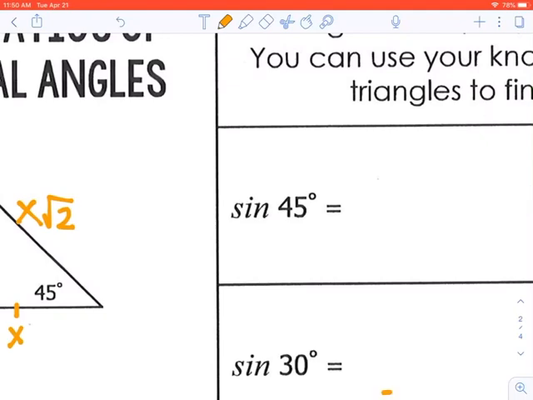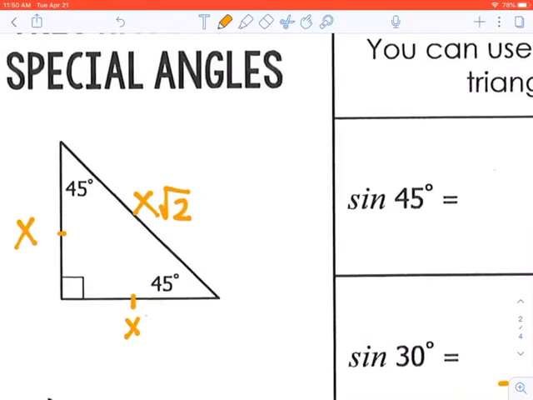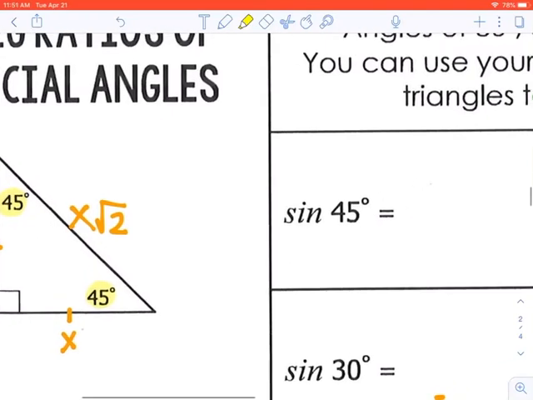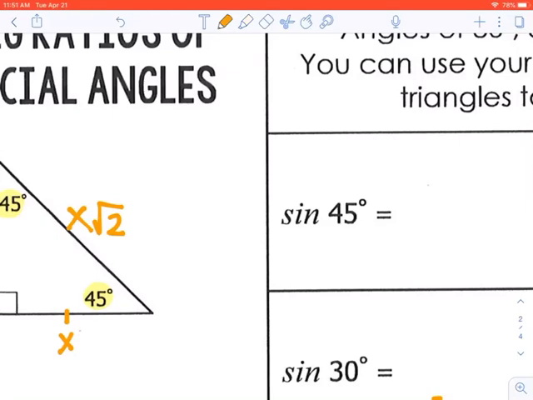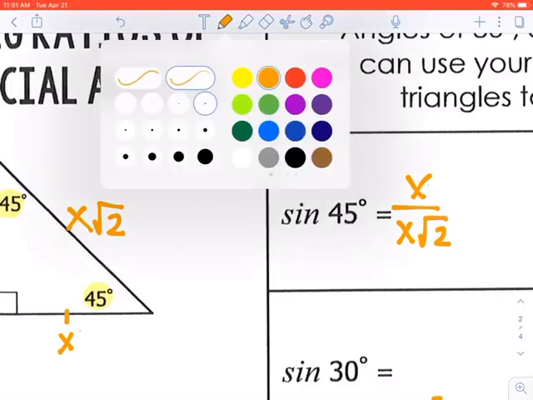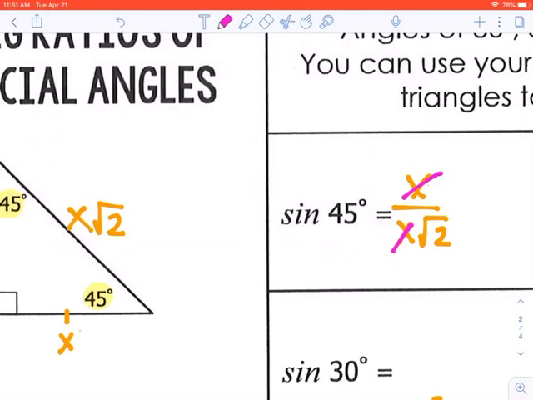Sine is going to be opposite over hypotenuse. It doesn't matter which 45 degree angle you use because it's isosceles. This is just a special case, okay? So the opposite of a 45 degree angle, whichever one you use, will be x. The hypotenuse is going to be x rad 2, okay? And now you can do some simplifying. X divided by x is just 1, okay? And so we are left with